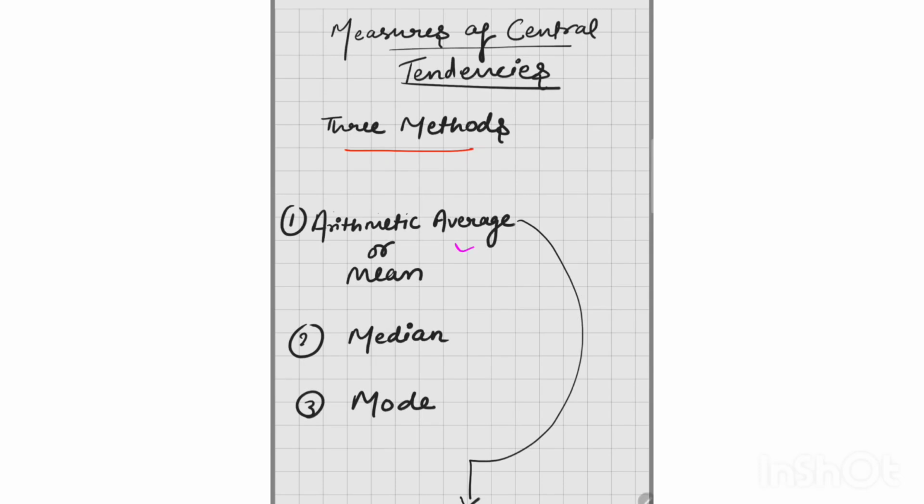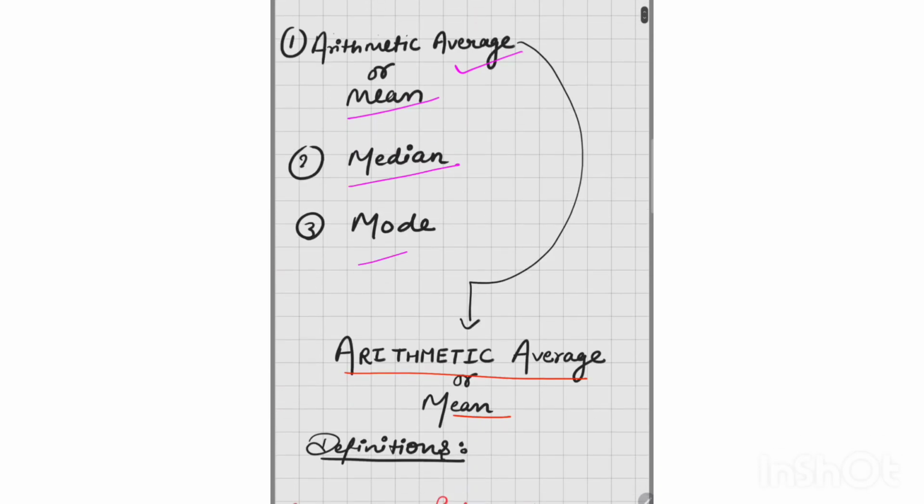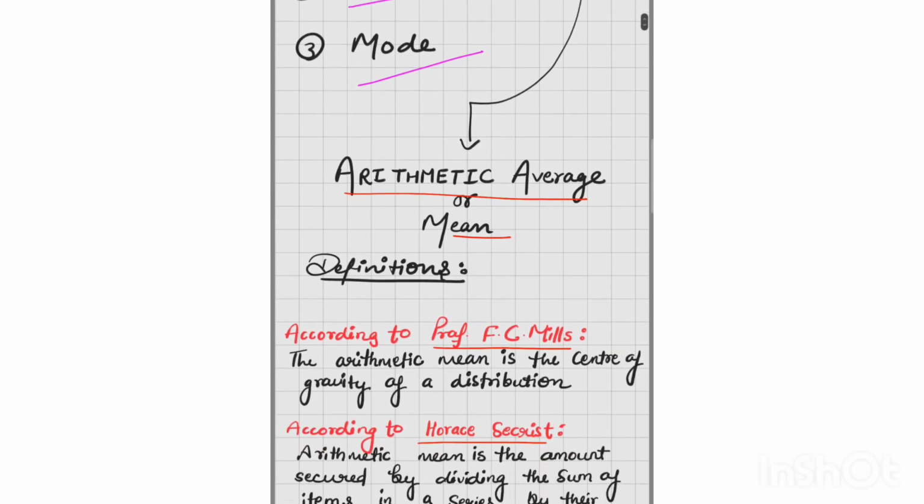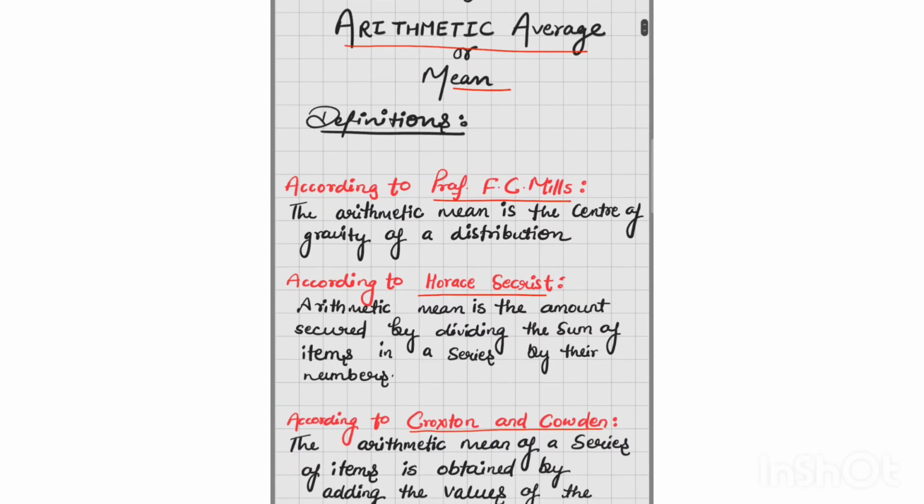These are arithmetic average, which is also called the mean. Second, we will do median, and third, we will do mode. I will try to stick with the syllabus. There are three different series in which you have these particular questions, and all these three different series have their own different method of attempting a question. So I'll start with the mean, and you will see what I'm actually trying to explain to you.